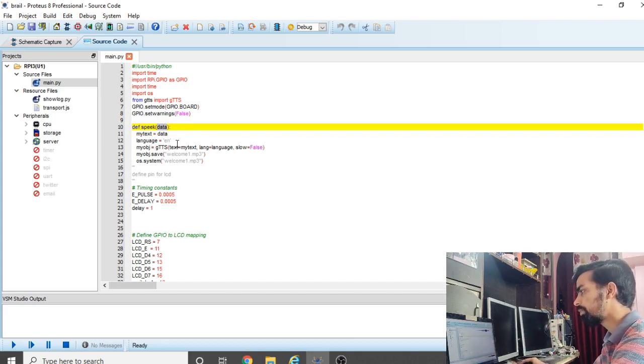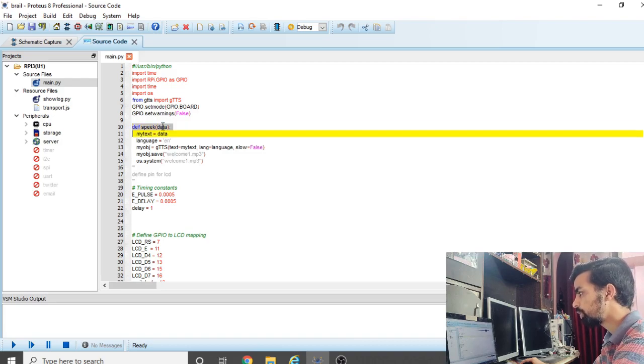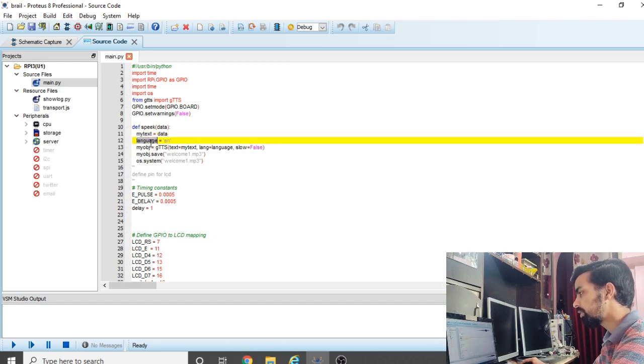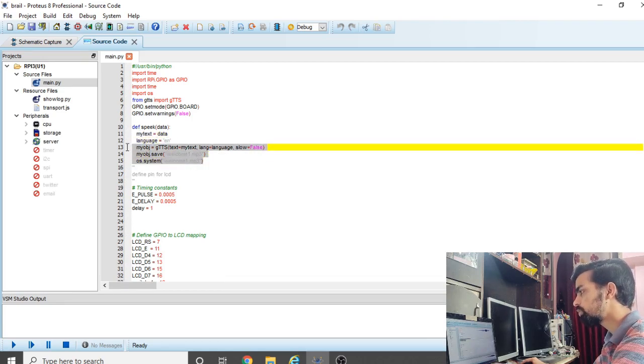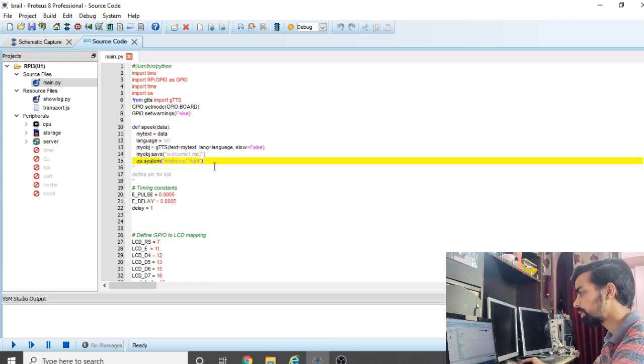Let's say the alphabet A needs to be spoken by Python. Then the A value gets stored into data, then the data gets stored into my text, and the language we set is English. Then this is the function used to speak that data from the Python program.